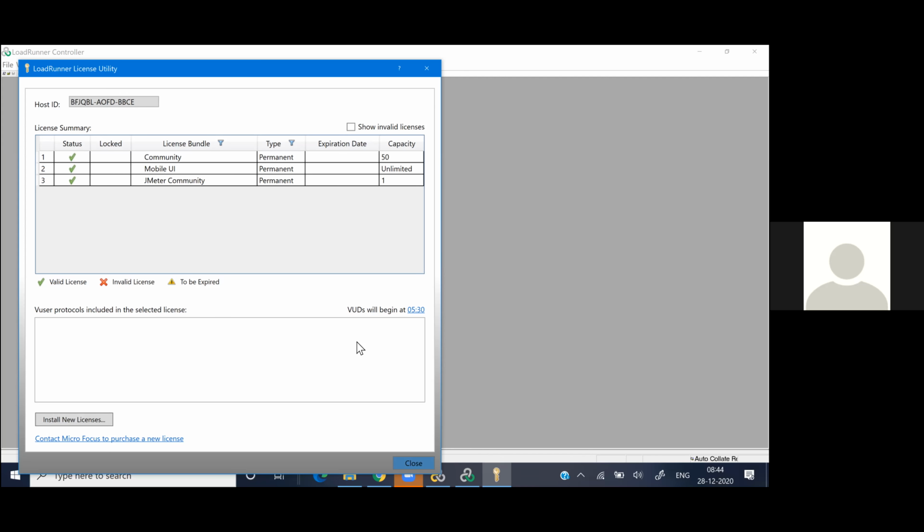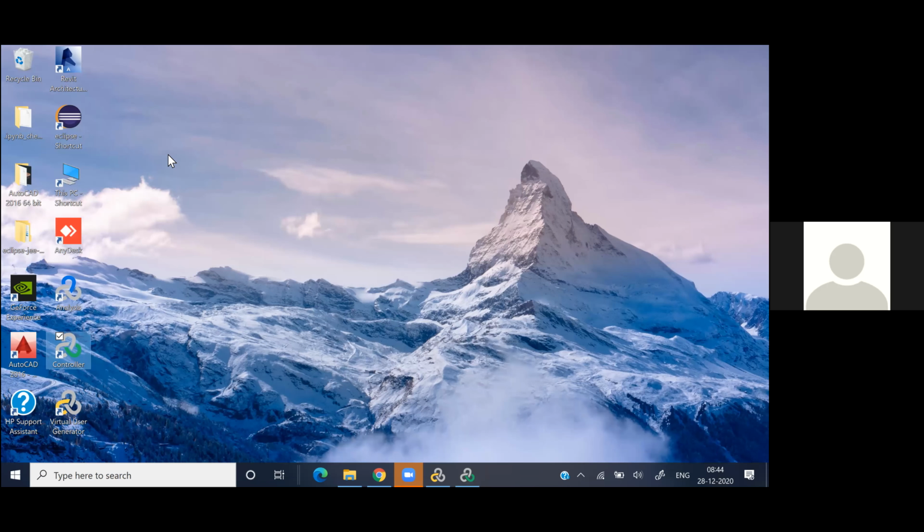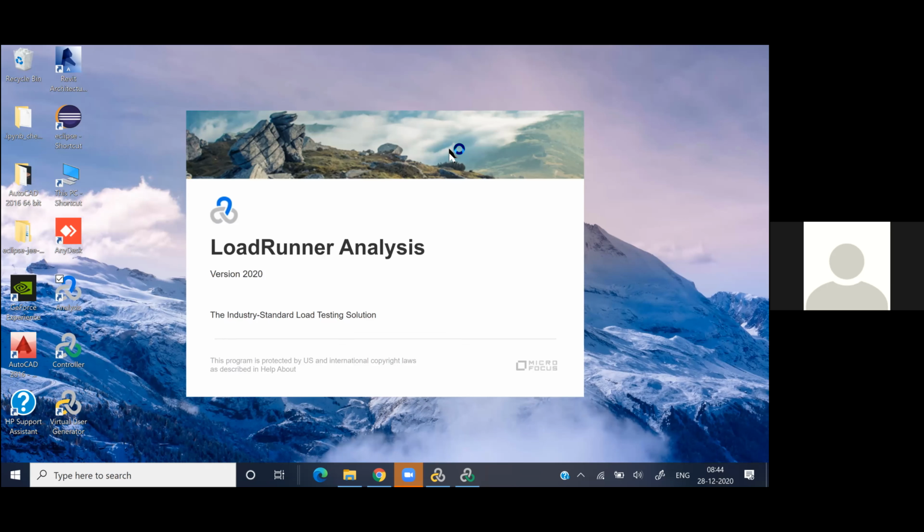Yeah, close this. Click on that close button at the bottom. Now I am opening the analysis component on your desktop, right? I just want to verify that all the components are working fine.